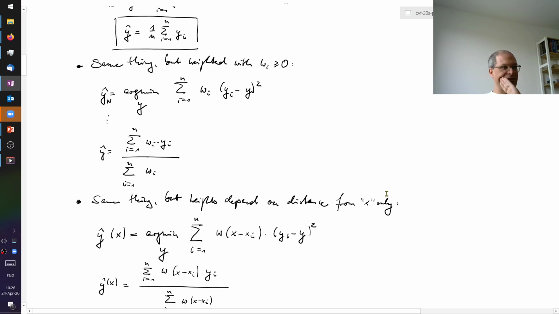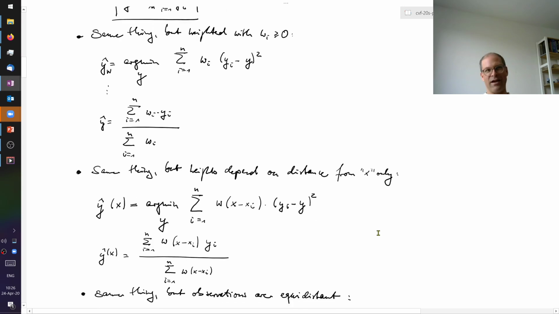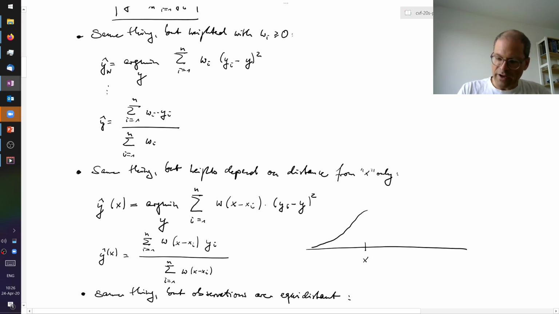Now the next generalization is that I make these weights depend. Now we come to this Nadaraya-Watson setting. The weights depend on distance from a location x. In other words, I decide that I'm interested in an estimate at location x, and I'm now using a weight function which decays with distance from x. Here I've shown something that looks like a Gaussian, but in reality usually you use weight functions that become strictly 0